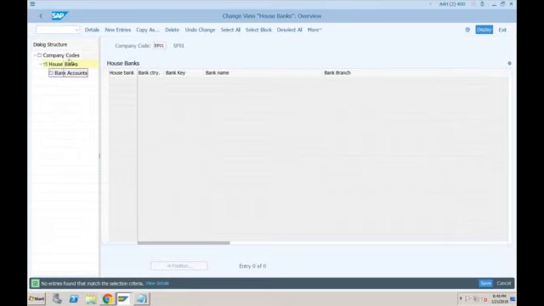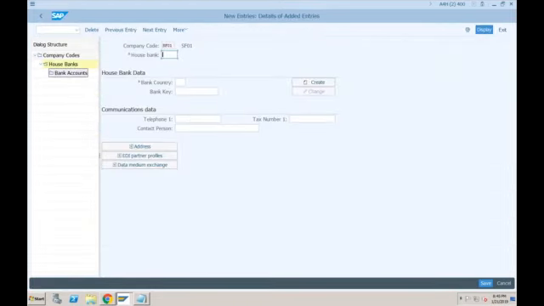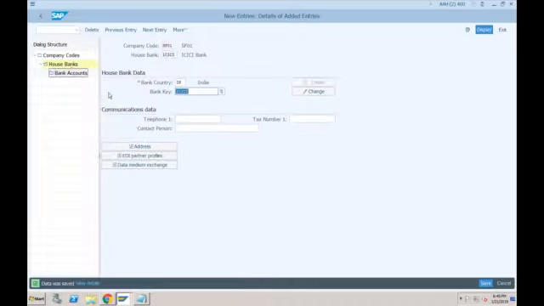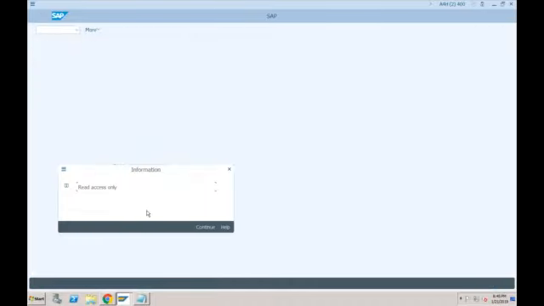Okay, let's try this. If I want to create a house bank, let's say this is ICICI, bank country IN, and bank key again ICICI. Let's click on create. Oh, it's already there. And then let's try to save this and create the bank accounts now. Read access only. Okay, so if you click on help,